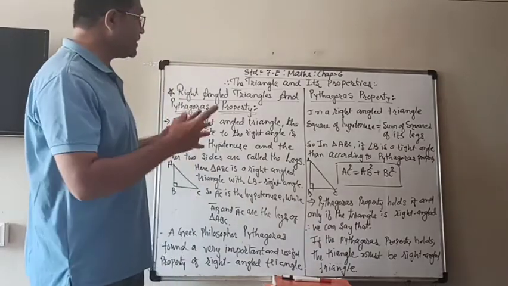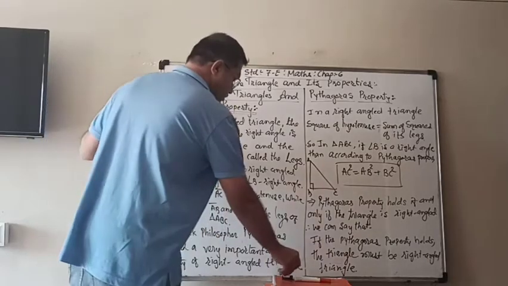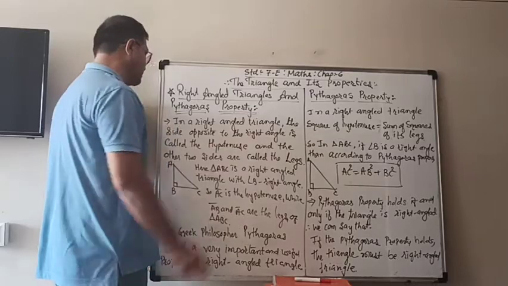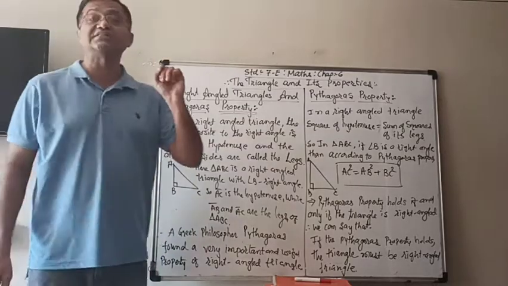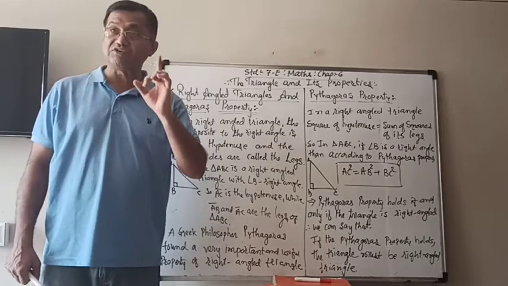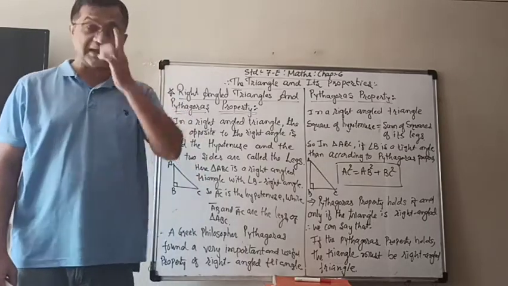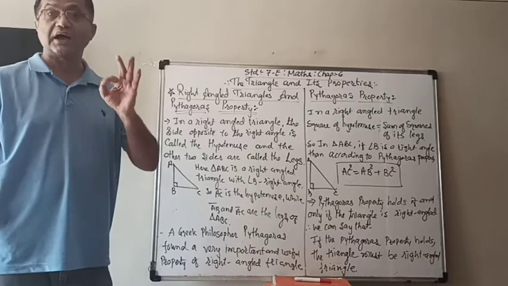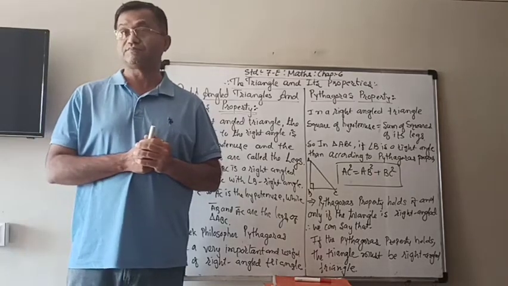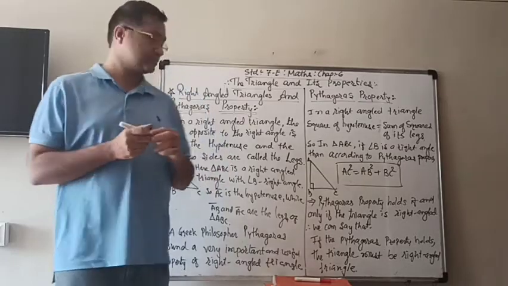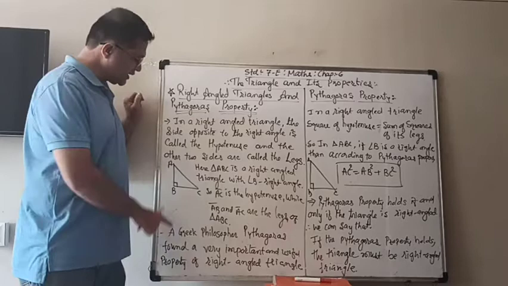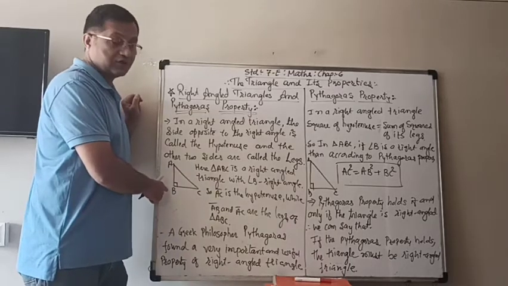Now, in a right angled triangle, the side which is opposite to the right angle is known as the hypotenuse, and the other two sides are known as legs. So here you can see that triangle ABC, here angle B is right angle, so it is